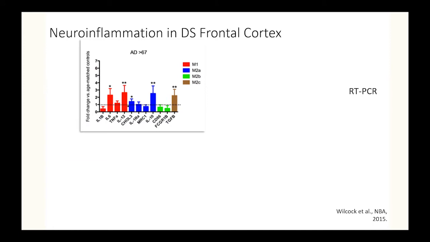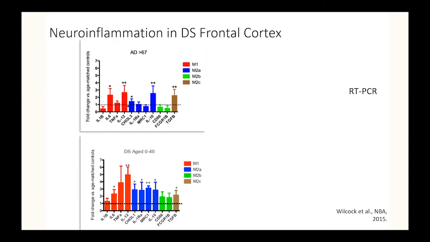But what we can see in sporadic AD is we see IL-6, IL-12 increased, IL-10, and TGF-beta. So this is kind of the profile of what we would expect to see in sporadic AD. So then we just looked at the younger cases of Down syndrome compared to their younger age-matched controls. And it was remarkable to see that we already had a huge amount of neuroinflammation in these younger people. Now, of course, they're coming to autopsy for a reason, but this was a pretty consistent finding that a lot of these markers were increased, with the exception of CD86 and FCGR1 beta,